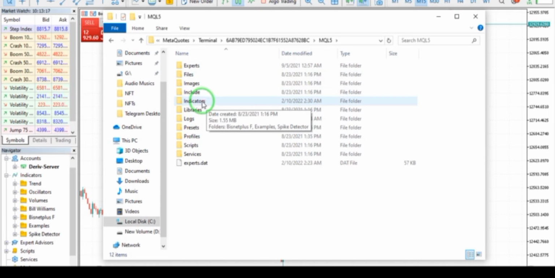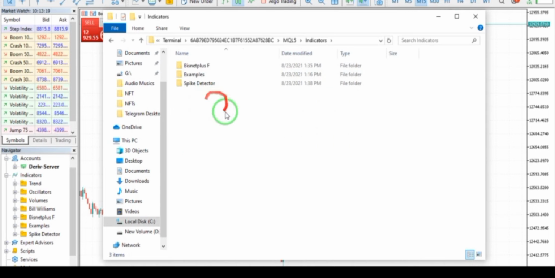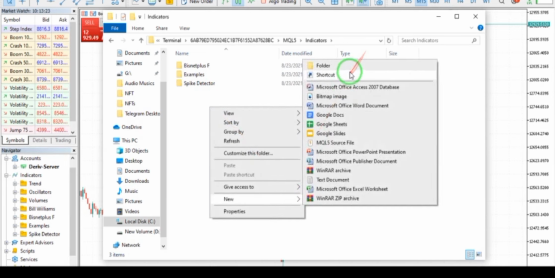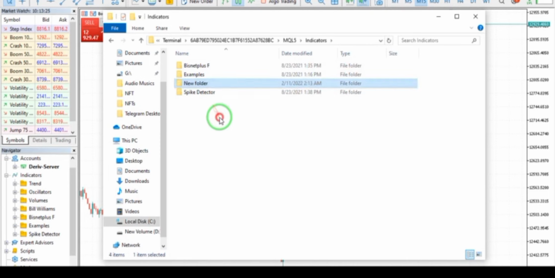So this is the indicator folder. You open the indicator folder. You might decide to create a folder. You give it a name, just for you to know that this is the indicator you have. When you give it a name, this is where the name will appear. You can see we have Business Plus F here. This is where it reflects